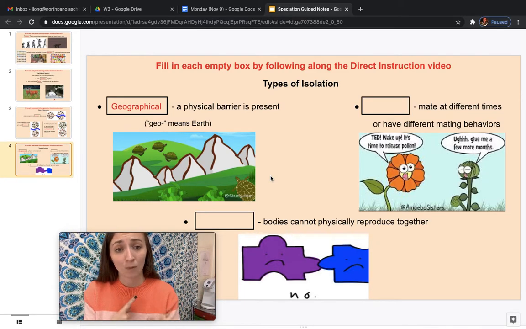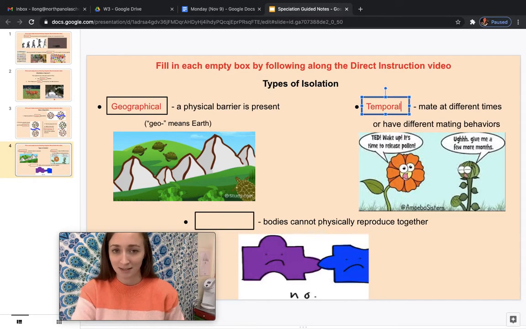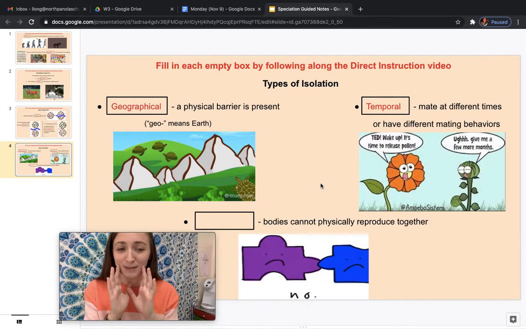Okay, the second one, I think this one's the coolest. It is called temporal isolation, or you may hear behavioral isolation. And we know what a behavior is. This just means that the way that they actually mate, the things that they do to make reproduction happen, might be totally different. So one great example is maybe the 2 groups suddenly mate at different times. Like this flower here is trying to release its pollen, which remember we talked about is plant sperm. We talked about that a long time ago. That pollen, maybe it wants to release it in the morning, and